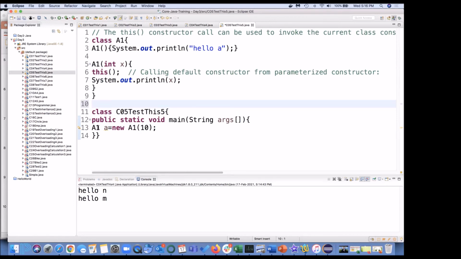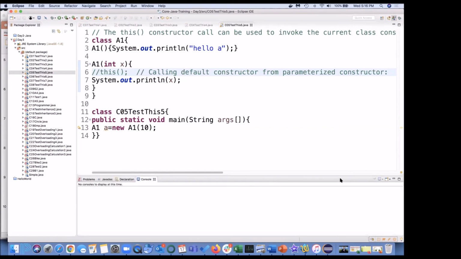Now, what's going to happen? If I am writing A1 a1 = new A1(10), out of these two constructors, a default constructor with no argument and a parameterized constructor, if I comment out this statement and execute this, according to you, what will be the output?